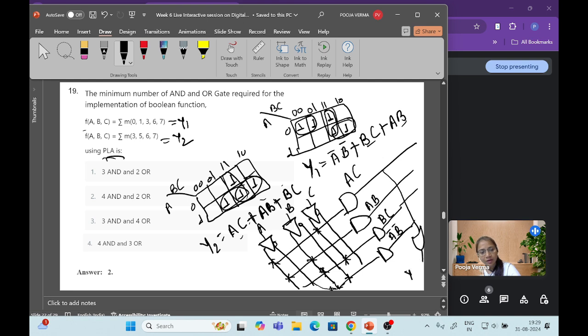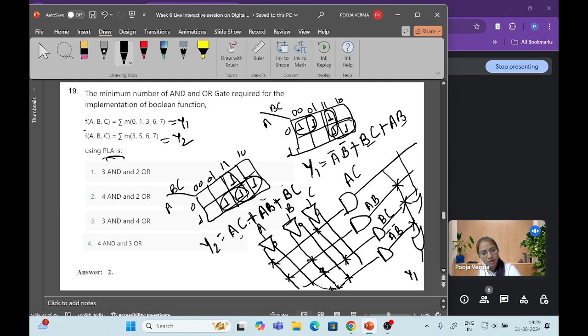Here y1, I'm giving it the y1. So what are the functions of y1? A dash, B dash, A dash, B dash, BC, A, B. Now for the second one,